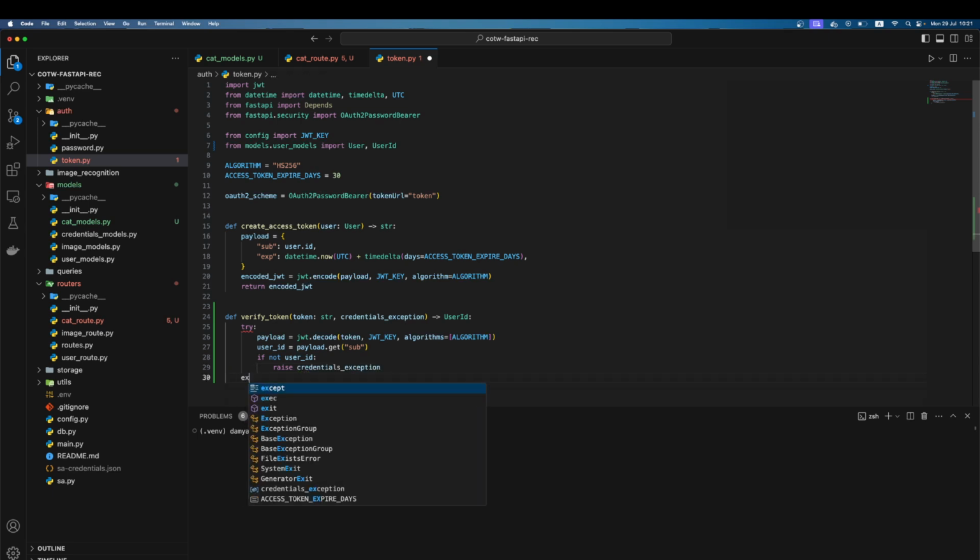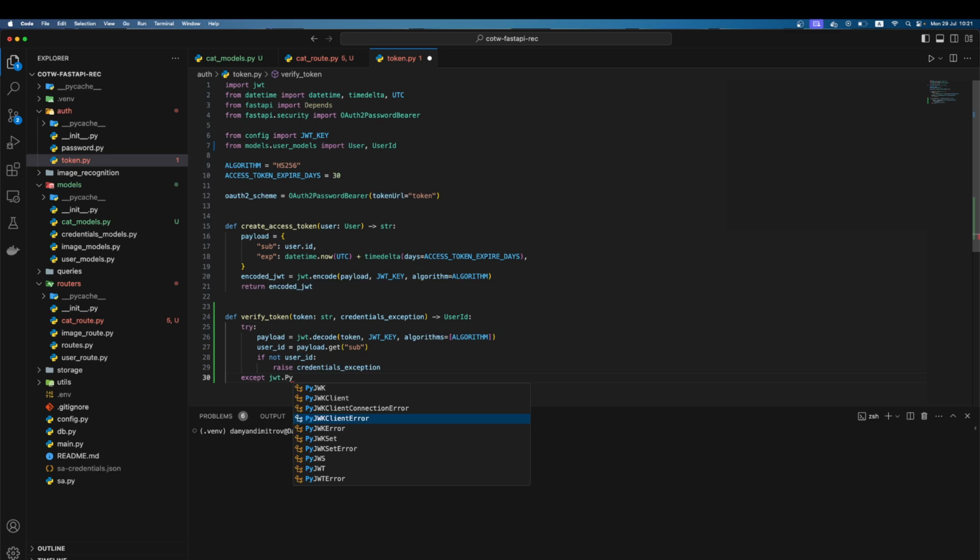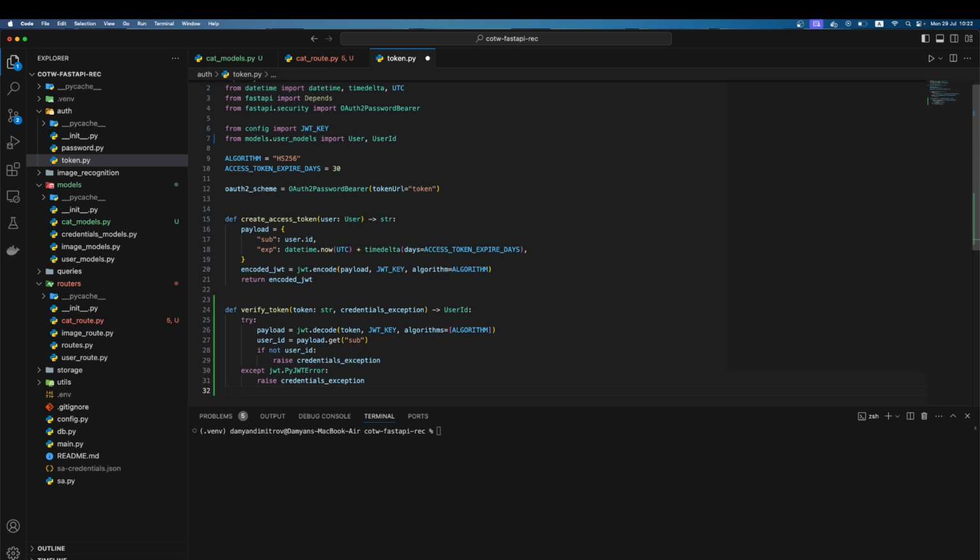And here we have one more exception, which is jwt.JWTError, which is some other error. This one. Okay, raise again credentials exception, and here we will return user ID. Okay,